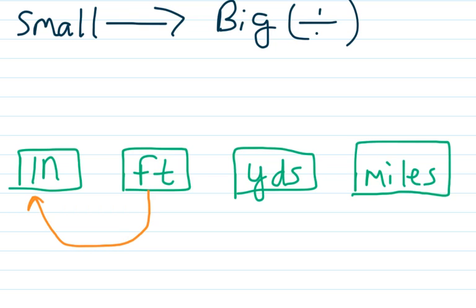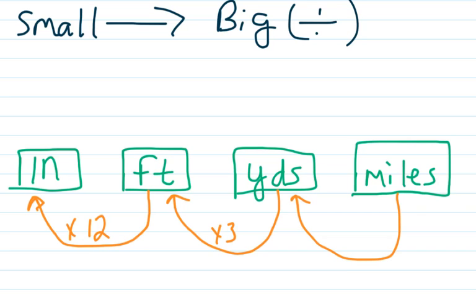So if we're going from big to small, we multiply times 12, because remember that a foot is equal to 12 inches. Again, yards are bigger than feet, so big to small, multiply times 3. And you remember, miles are bigger than yards, so big to small, multiply